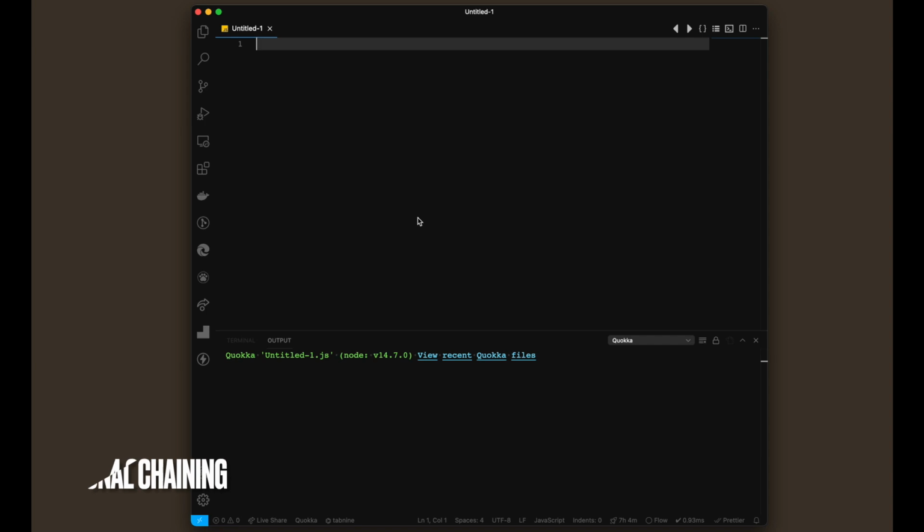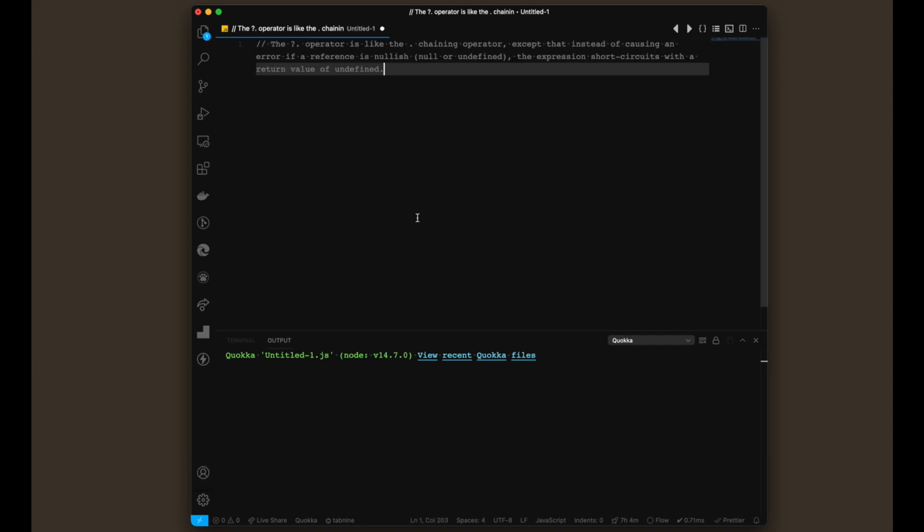Now let's move on to another feature that we want to discuss, which is optional chaining. First of all, optional chaining is this symbol that we can see here, which is a question mark and a full stop operator. It is like a dot chaining operator, except that instead of causing an error, it will reference nullish, null or undefined. The expression short circuits with a return value of